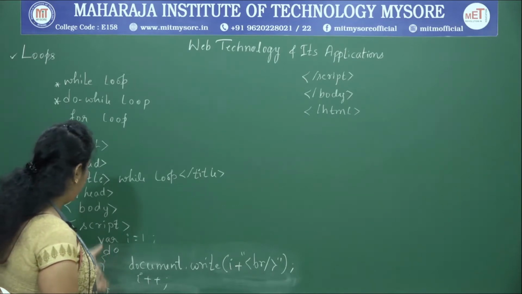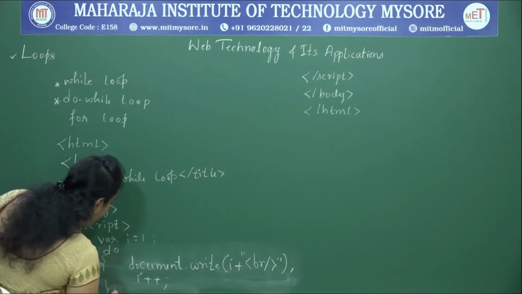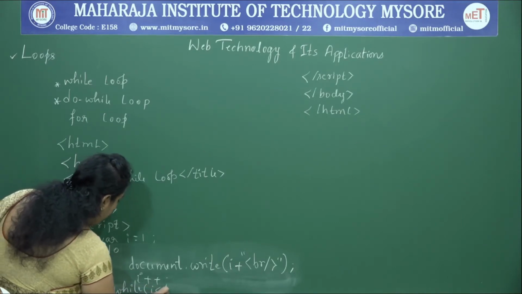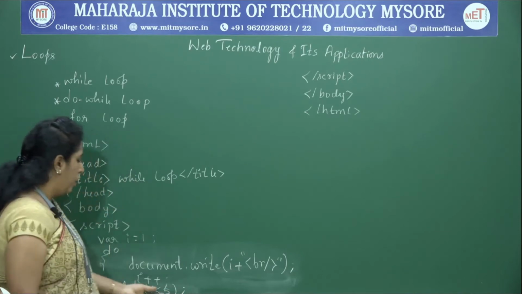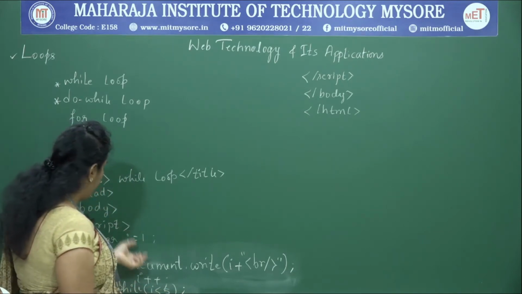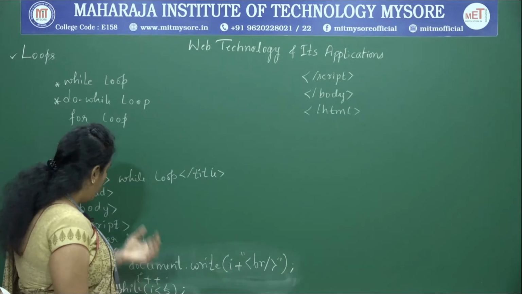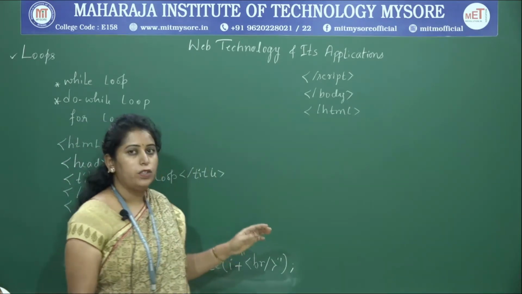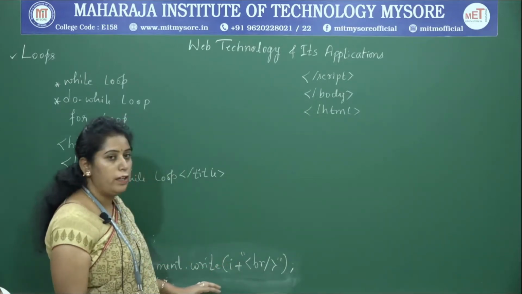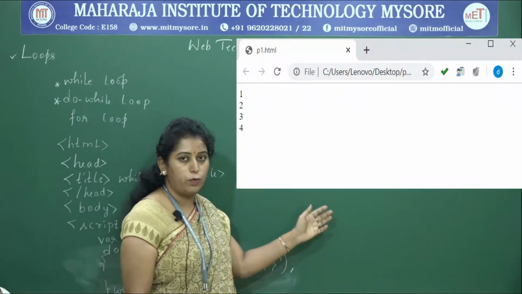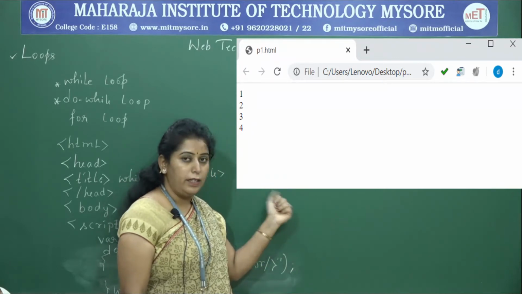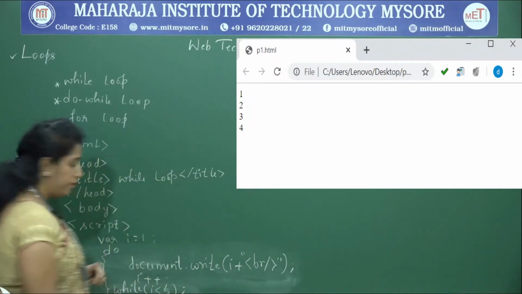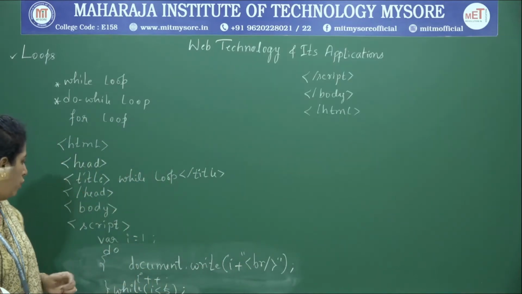And next you need to check the condition using while. Inside that you are checking the condition i is less than 5. Once it is true, again it enters into the body of the loop. Only when the condition becomes false, it comes out of the loop. So finally, using the do while loop, you can notice how the program is going to run, and you can observe the output.